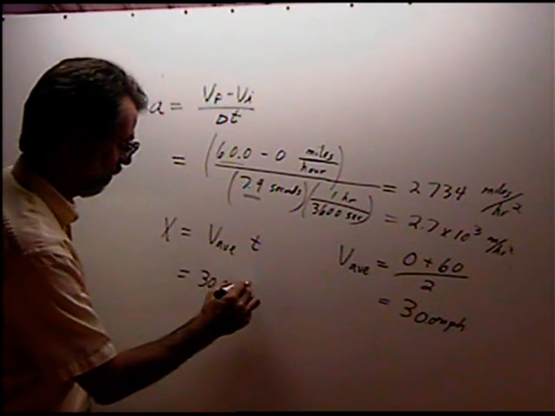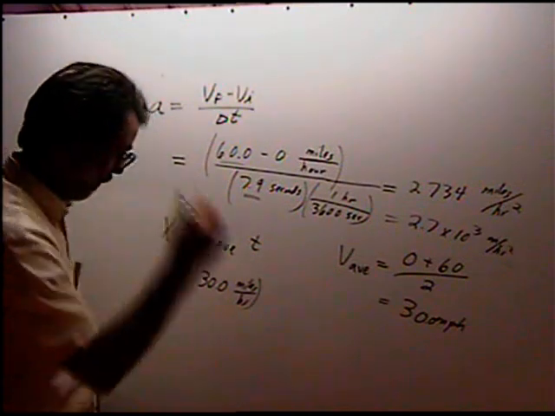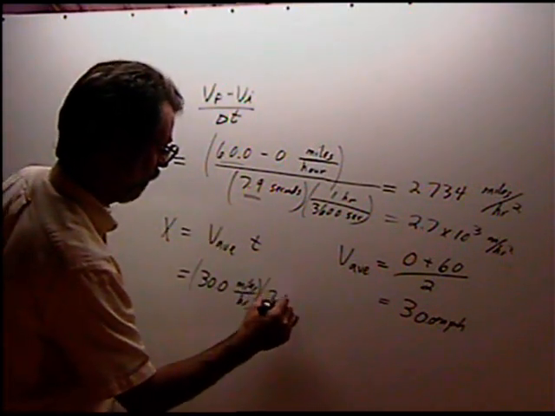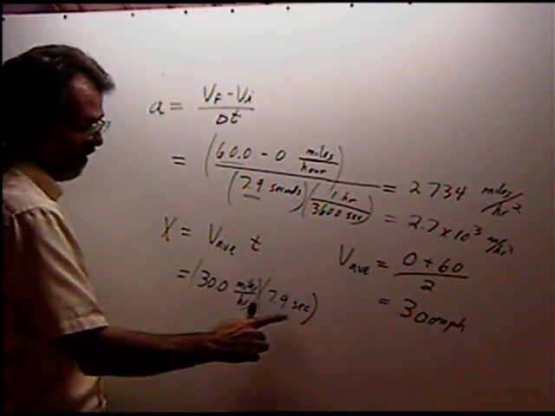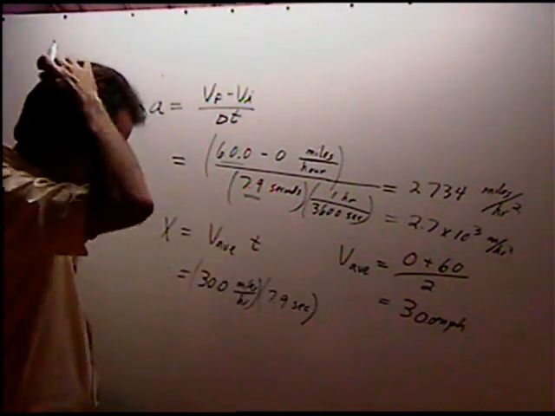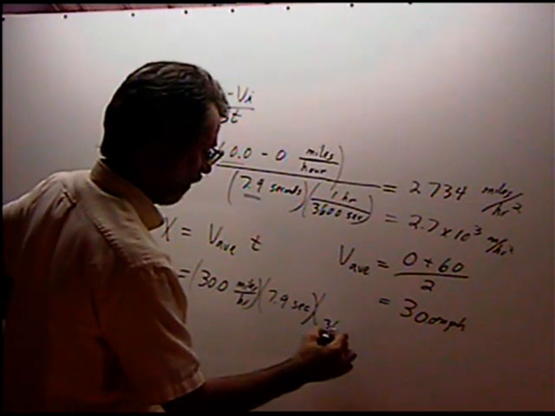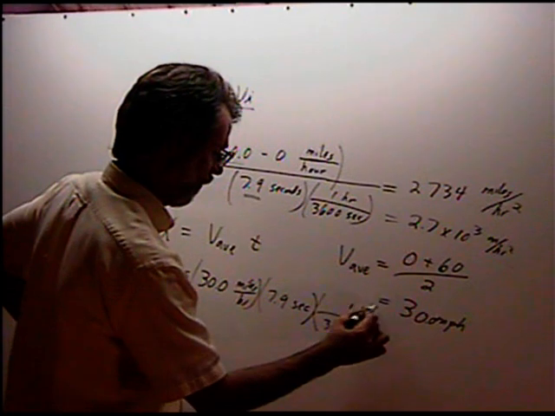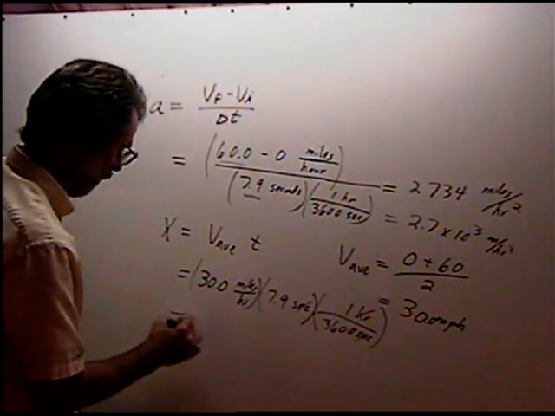30.0 miles per hour times 7.9 seconds. Okay, notice I have to convert either seconds to hours or vice versa. I'm going to just do it right here. Again, 3,600 seconds equals 1 hour. Notice the seconds cancel out, the hours cancel out, and I'm left with miles, and I get